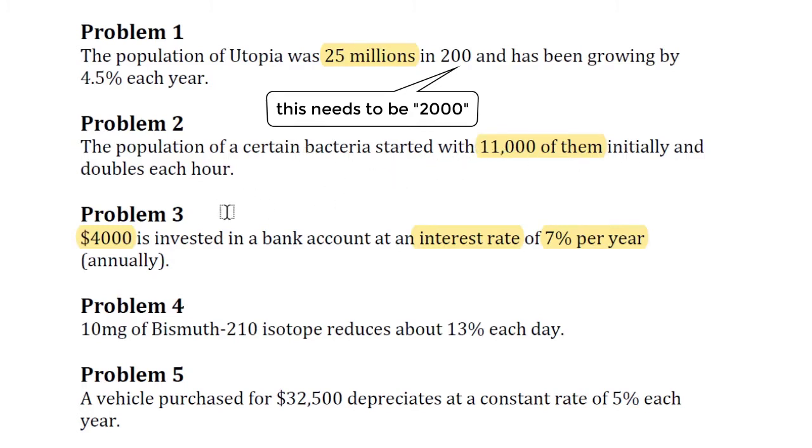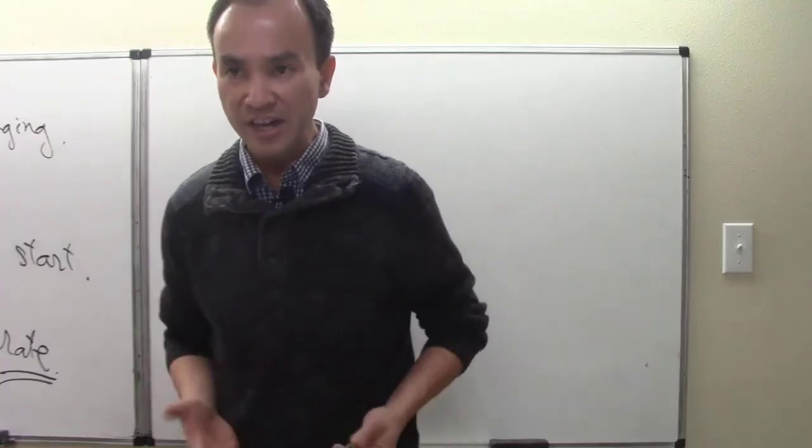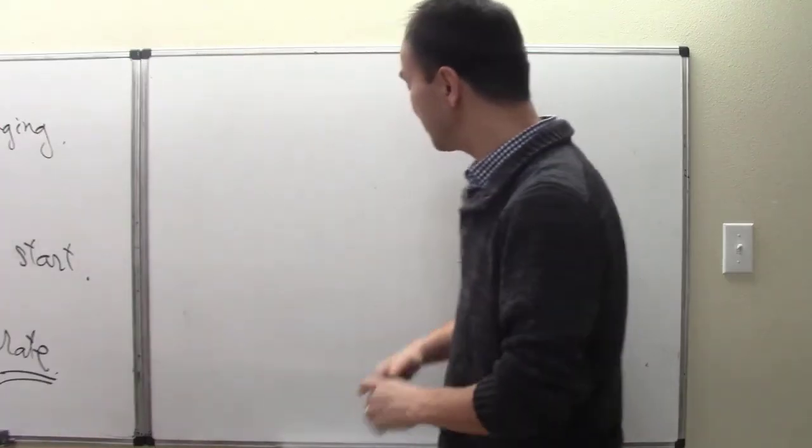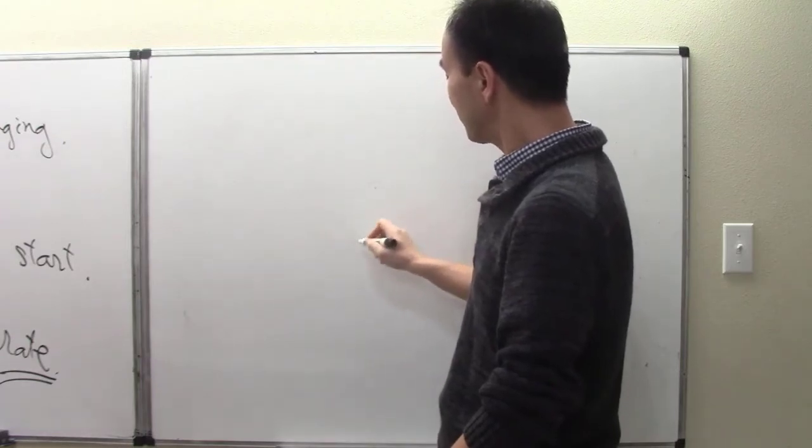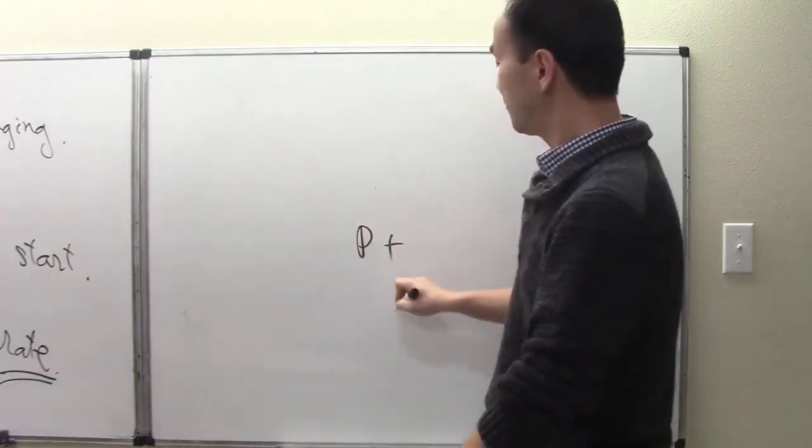The rate is not very clearly seen in this problem, but there are clues in here that lead to a known rate. So this population of bacteria started out with 11,000 of them initially, and doubles each hour. Doubling each hour really means, from the initial one, for the next one, it's going to be